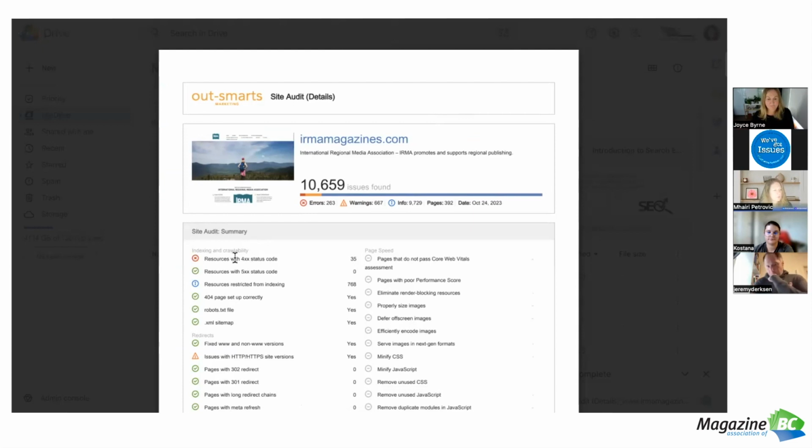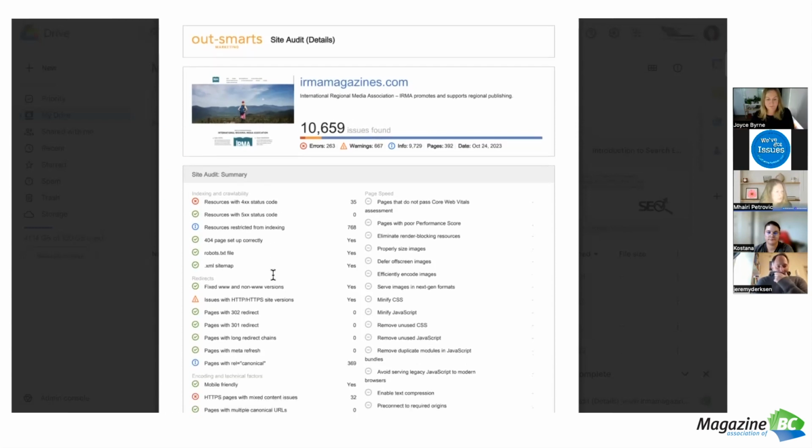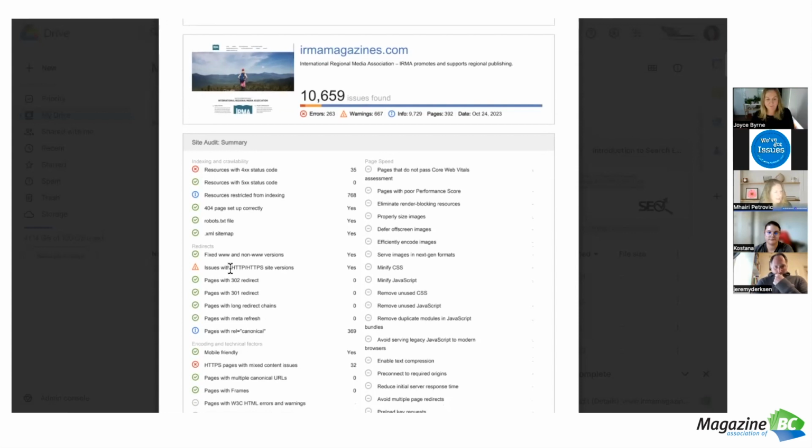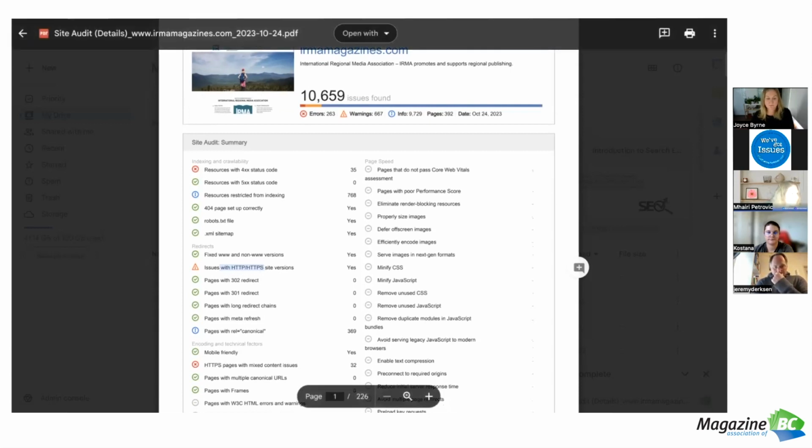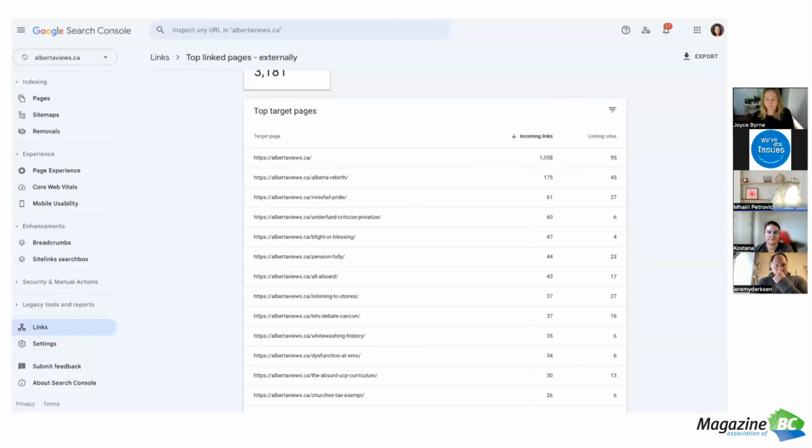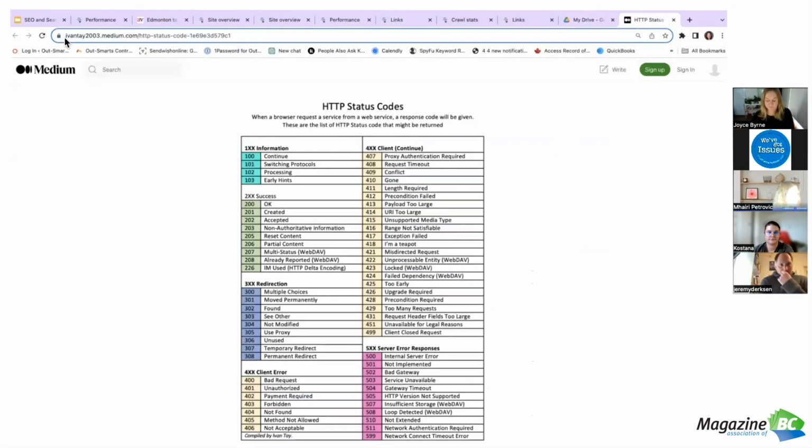It's important to fix any errors that you see with 4XX or 5XX because those are red flags for Google. It's also important to fix any issues that Google sees with HTTP and HTTPS. That sounds like it's a wee bit complicated. It's actually not. If you go to any site, typically you will see HTTP or HTTPS at the start here.